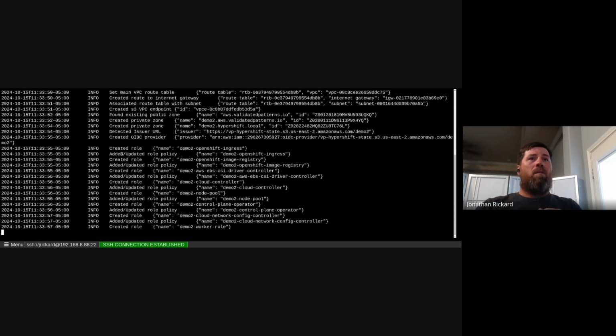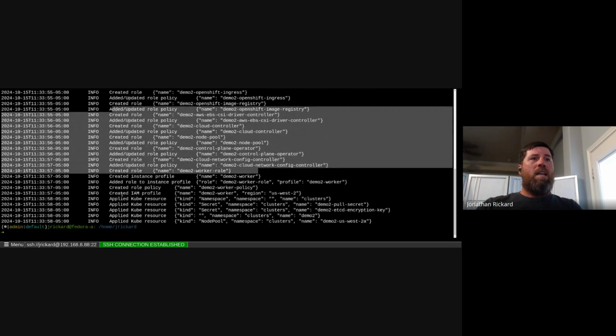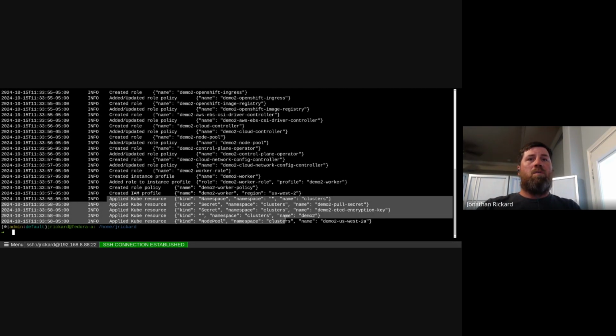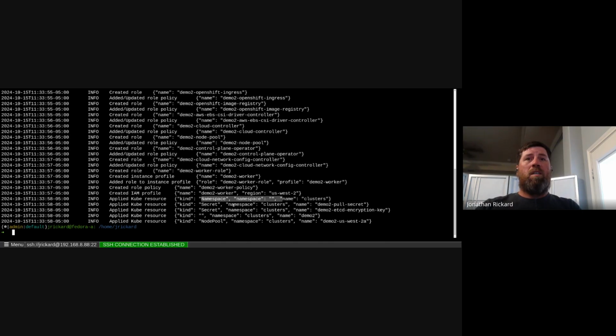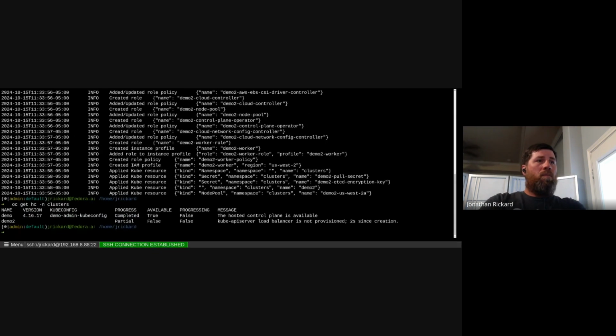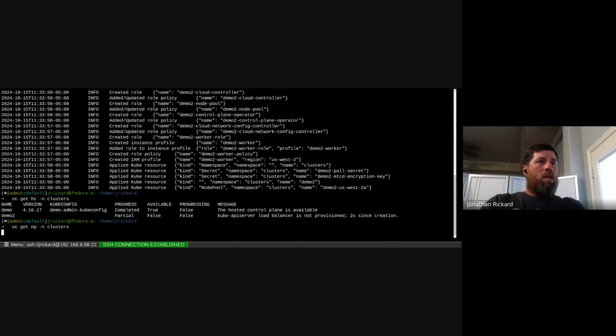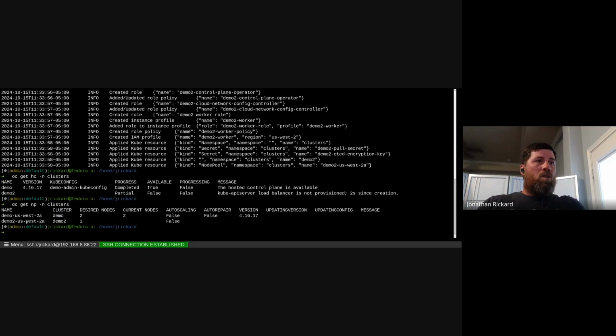And that's what we see here. We've got the IAM roles, and now we're looking at the applied Kubernetes resources, creating the namespace, creating the secrets and stuff like that. Then we are starting the node pools. So if we take a look at the hosted cluster, we can see that demo 2 is starting to spin up, and we can see that the node pool is starting to spin up. And if we look at AWS machines,